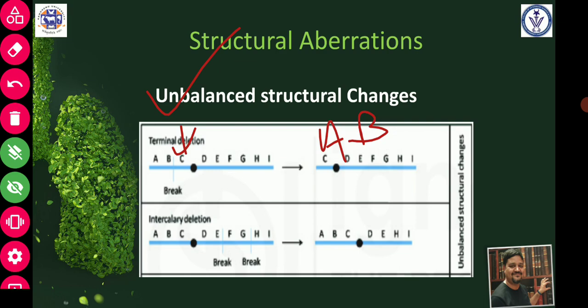Here again you can see there is a break between E and F and between G and H, and now the F and G segment is lost. So in unbalanced structural changes there will be loss of a DNA segment. That is why it is called unbalanced, because there is no balance of genetic material. But